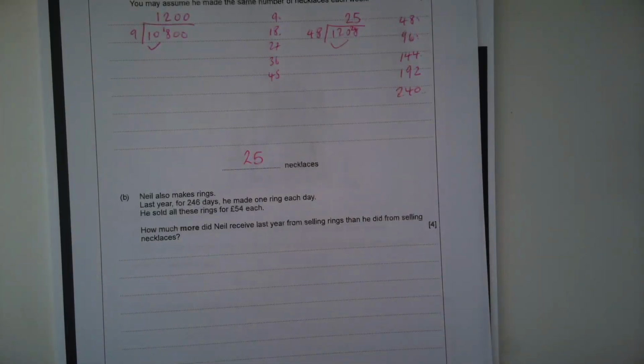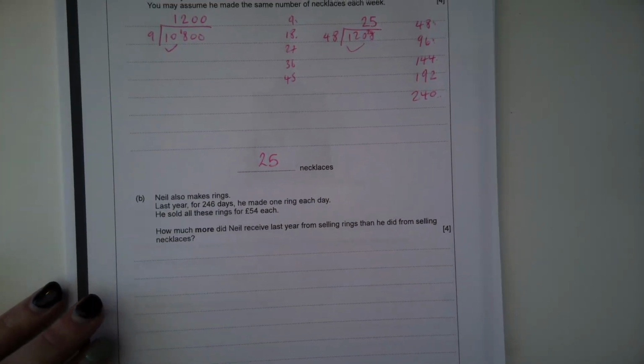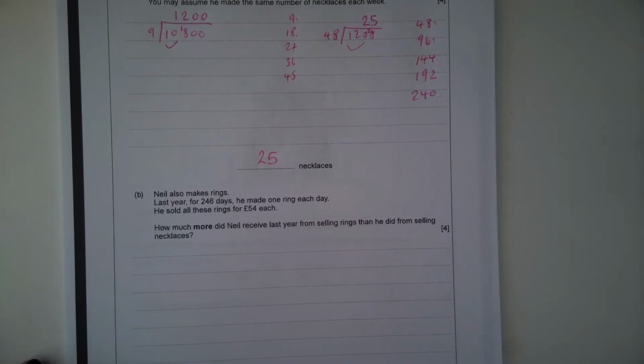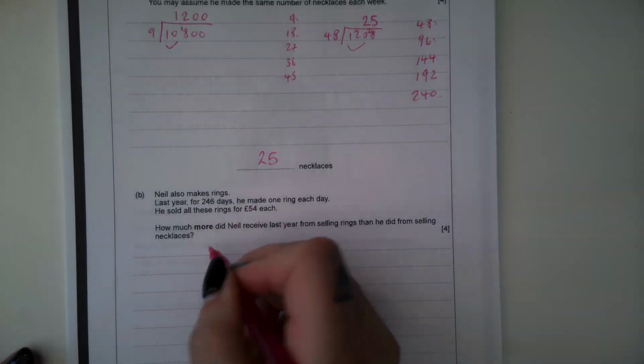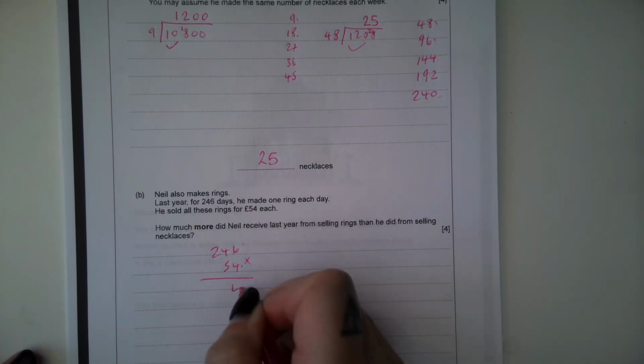Part B. Neil also makes rings. Last year, for 246 days, he made 1 ring each day. He sold all of these rings for £54 each. How much more did Neil receive last year from selling rings than he did from selling necklaces? So 246 days at 1 ring a day, which is 246 rings at £54 each. So 4 times 6,